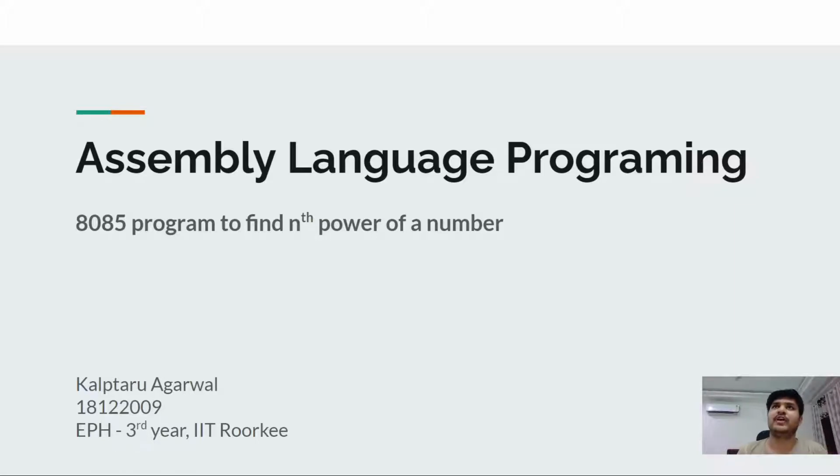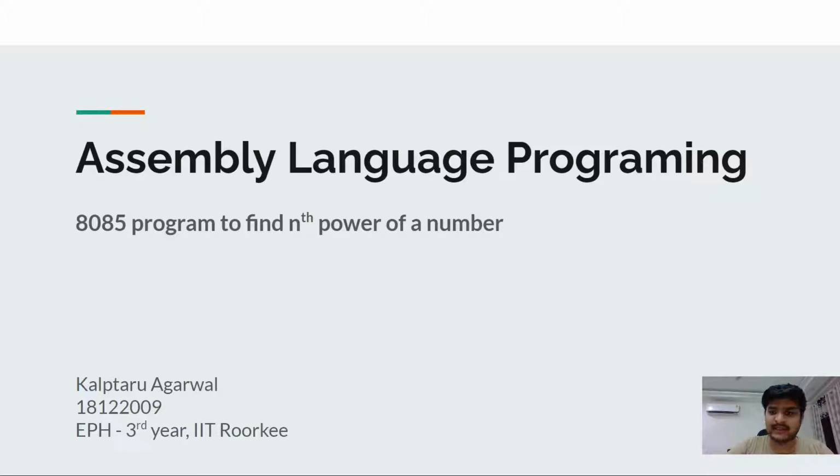So first you have to know what is a power of a number. If we are given to find a to the power b, then it means we have to multiply a by itself n number of times. Then we will get the answer. But in assembly language programming, we cannot directly multiply a number. So here we are going to add a number that number of times, so that it will give us the nth power of the number.